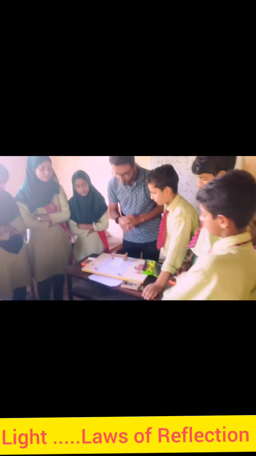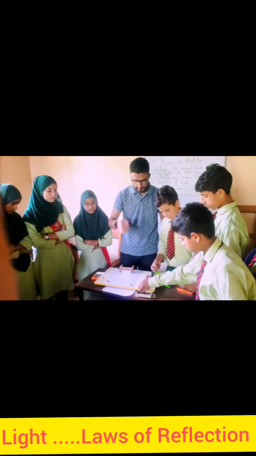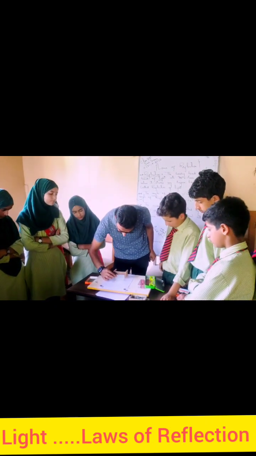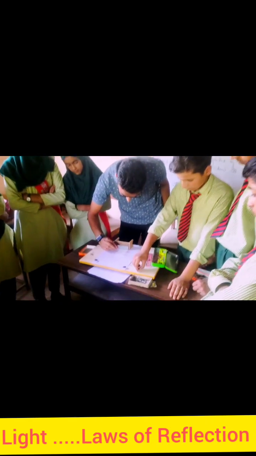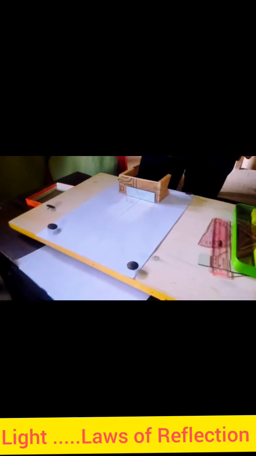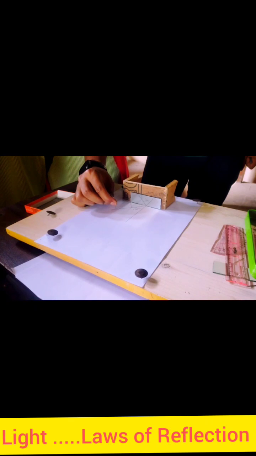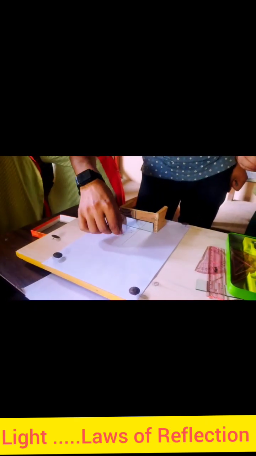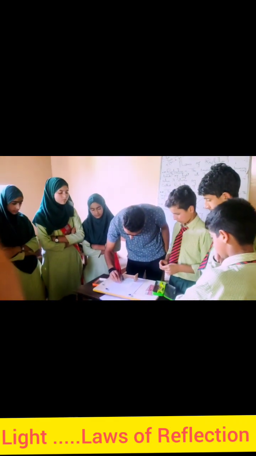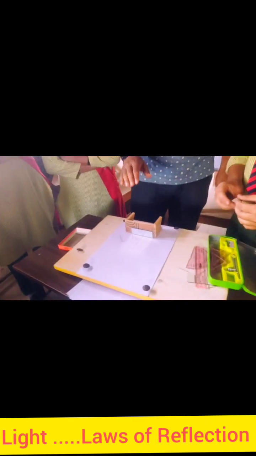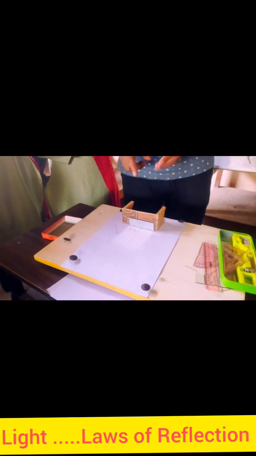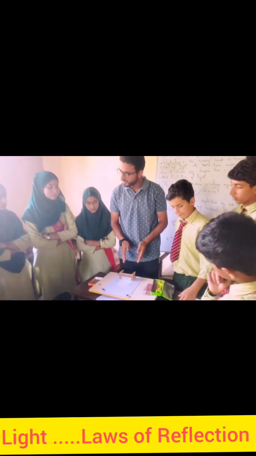ठीक है, तो 2 पिन्स दीजिए मुझे, ड्राइंग पिन्स. इनको मैं यहाँ पे फिक्स करता हूँ इंसिडेंट रे पे. ओके, एक और. So this is our incident ray. अब ये जो 2 पिन्स मैंने यहाँ पे फिक्स किए हैं, अब इनकी वर्चुअल इमेज जो है, जो इस प्लेन मिरर स्ट्रिप में बनेगी, उनकी इमेज को हमें देखना है. 2 images will be formed.